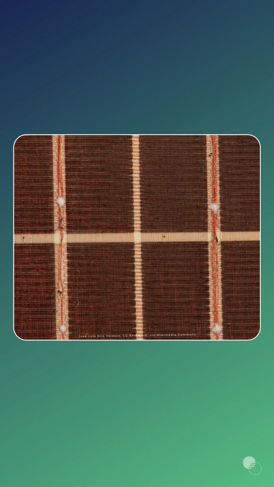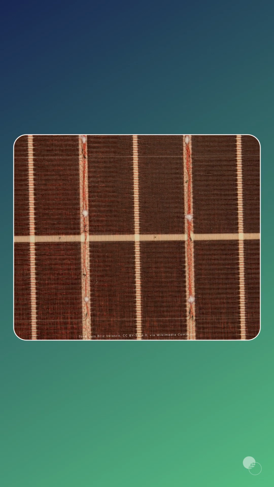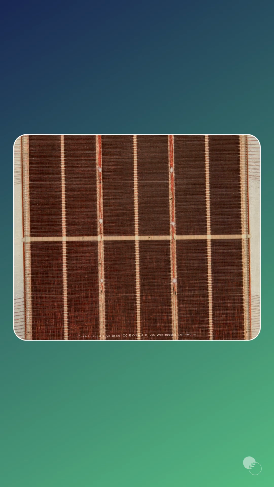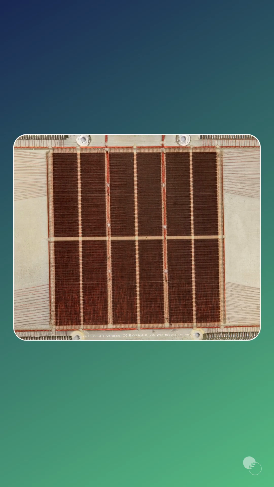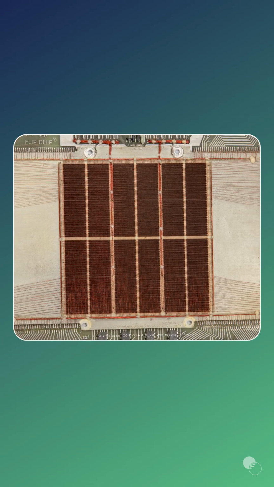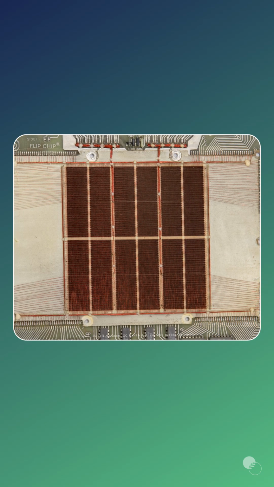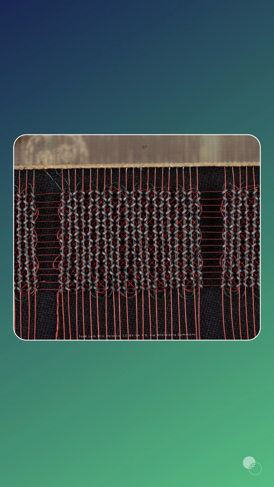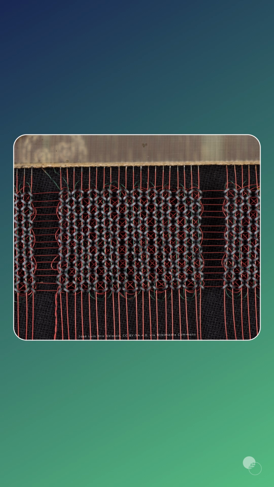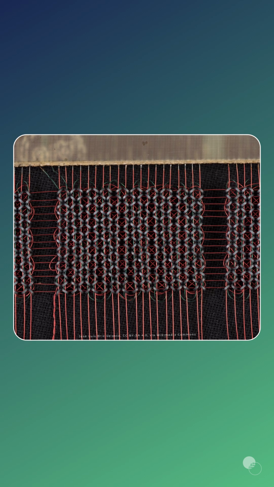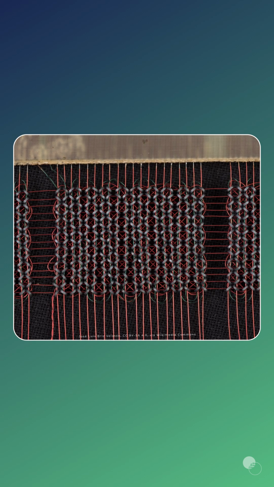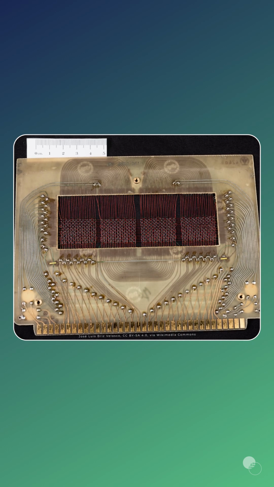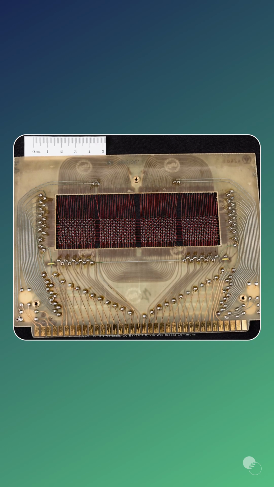But there were big physical limitations, with the amount of data that could be stored limited by the number of tiny magnetic loops that could be assembled into a grid within a reasonable scale. Also, a huge limiting factor was that the manufacture of many of these early memory boards required intricate assembly by hand. Magnetic core memory would remain in use all the way into the 1970s, but by the 1950s the next